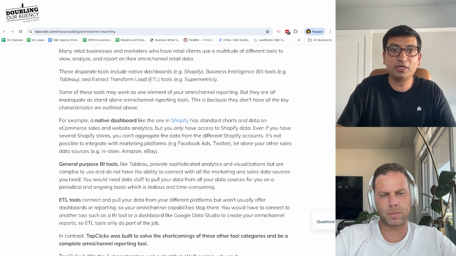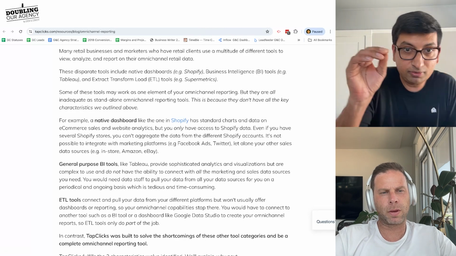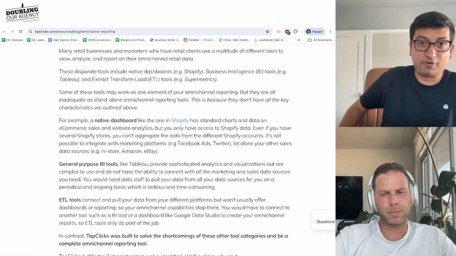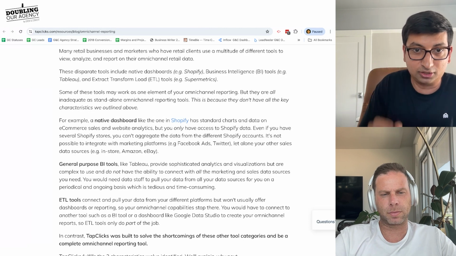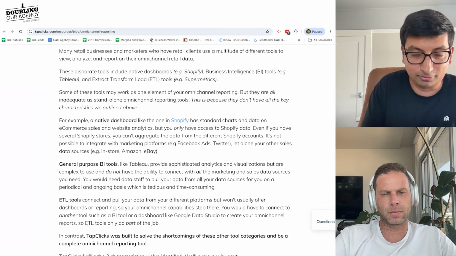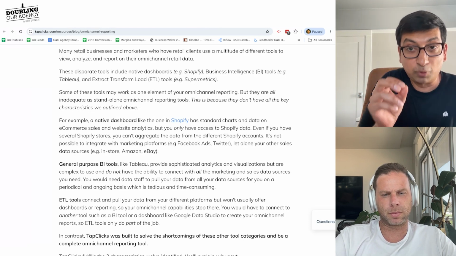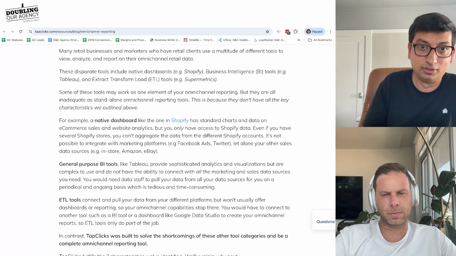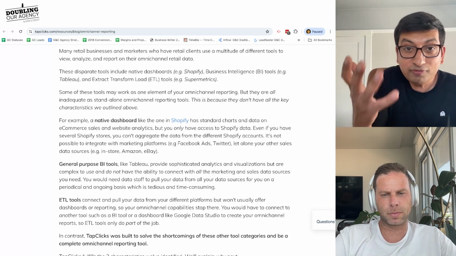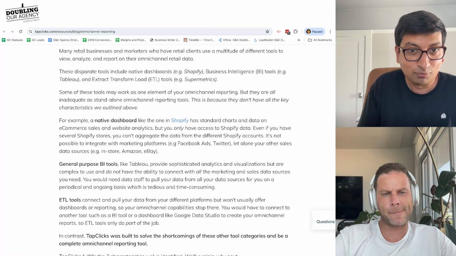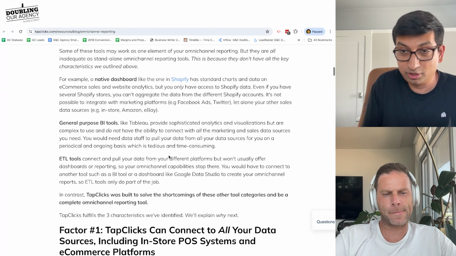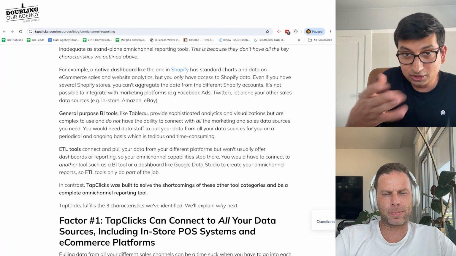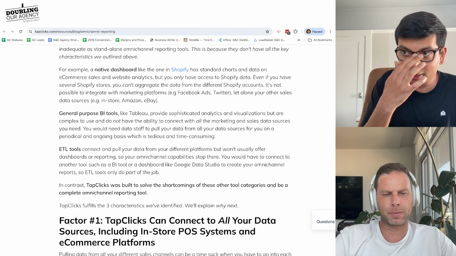We're already going into specific examples, like here is why the native dashboard inside Shopify, which is one of your multiple channels, isn't good enough. It actually can't integrate. Oh, and if you have multiple Shopify stores, even then you don't have one dashboard. How would you even know to write that without having that kind of domain expertise? We're not omnichannel experts, because we interview them. And then we write in a specific way.